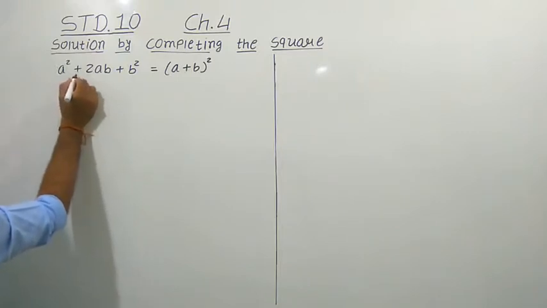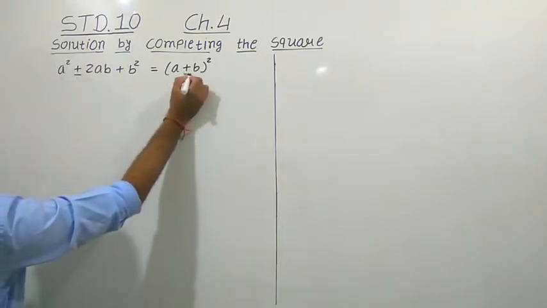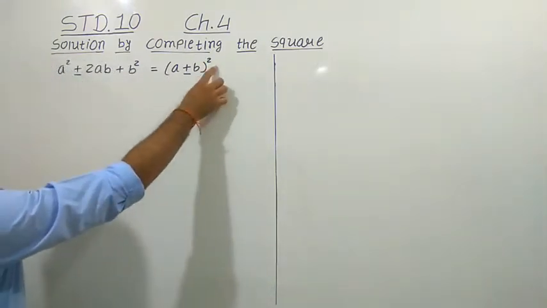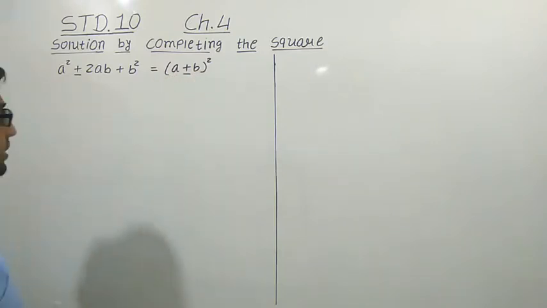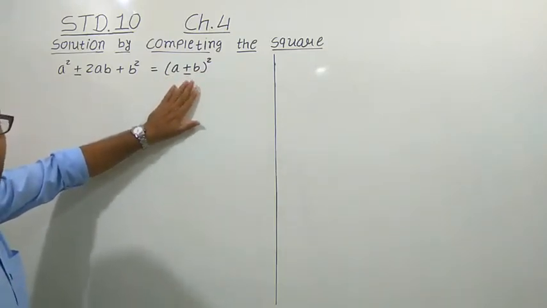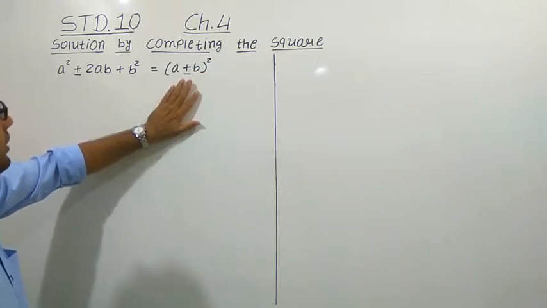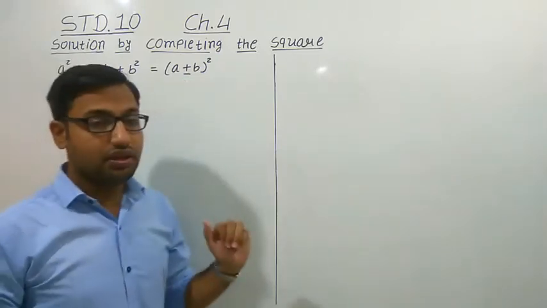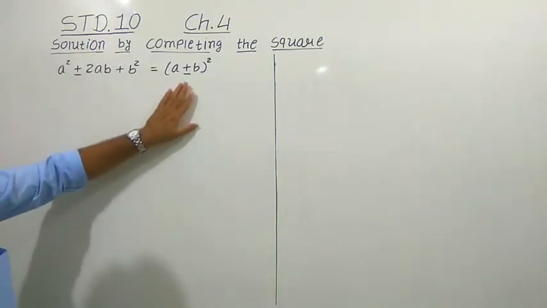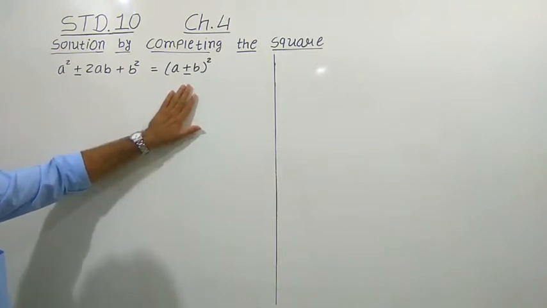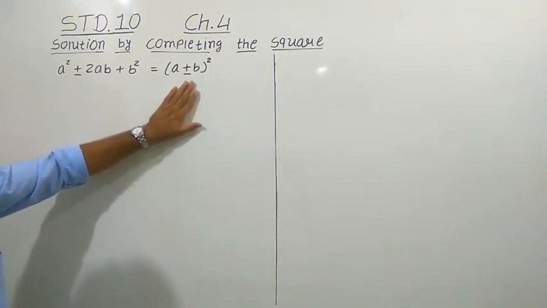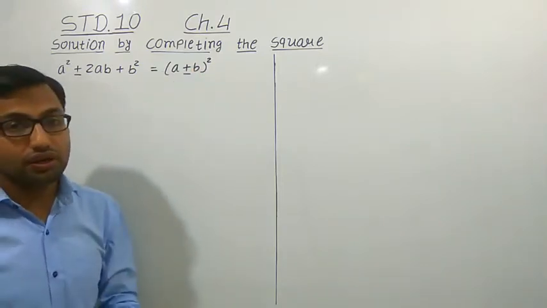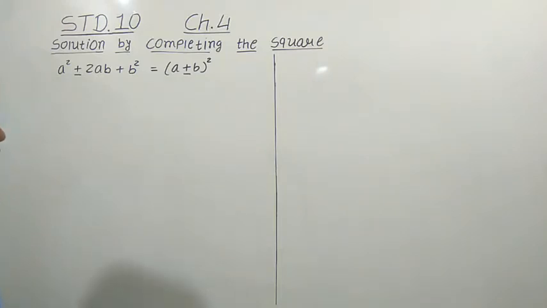If there is a negative sign, then we have to put the negative sign here. Right? So this is a plus b whole square. See, this is a square of the bracket. That means this is a perfect square algebraic expression. Right? So if we are given an equation and we cannot arrange it in the form of a square, then we have to complete it as a form of square, like (a plus b) whole square or (a minus b) whole square. And according to that, we can find out the solution.